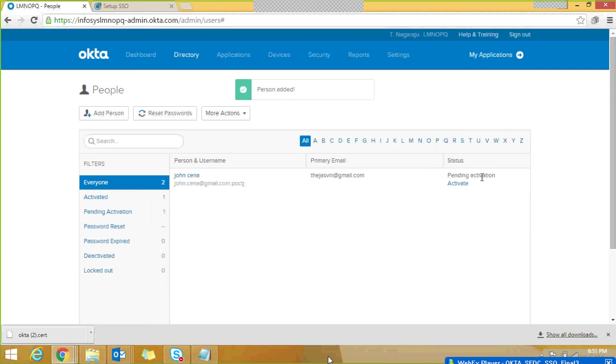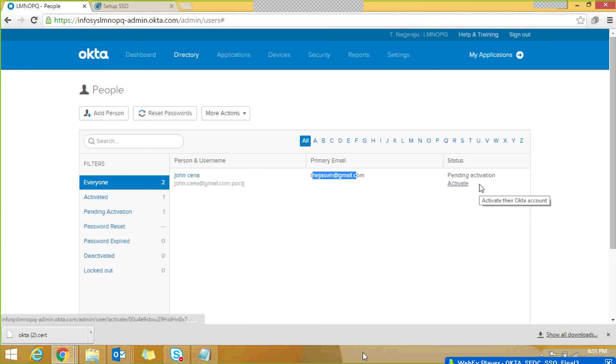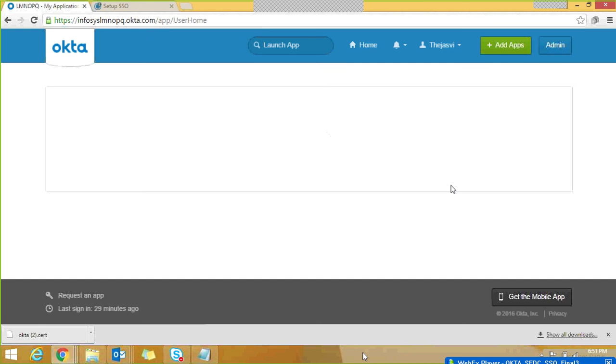It is pending activation, so email would have been sent to this mail ID where John Cena is supposed to activate his Okta user credentials. Meanwhile, myself, Tejasvi, who is the administrator on Okta, I will further continue, and I can assign